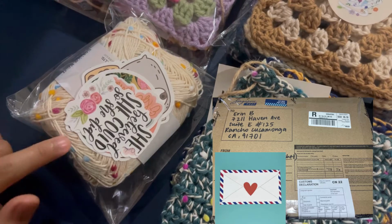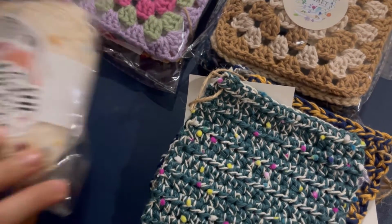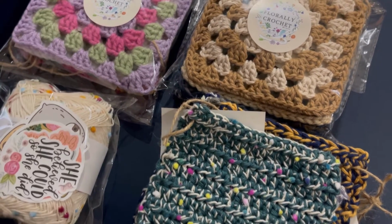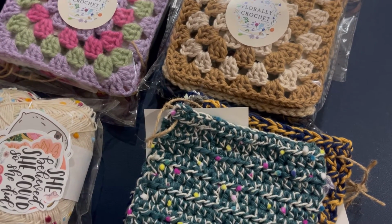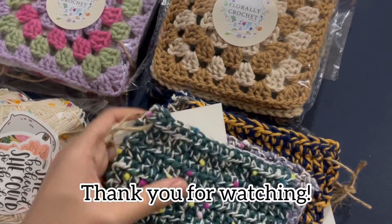I also added some cute stickers inside the pack and also a note for her. And I thought, since I'm mailing it somewhere far, I'd send 15 patches and not just one patch, because that would not be worth the shipping fee. So yep,